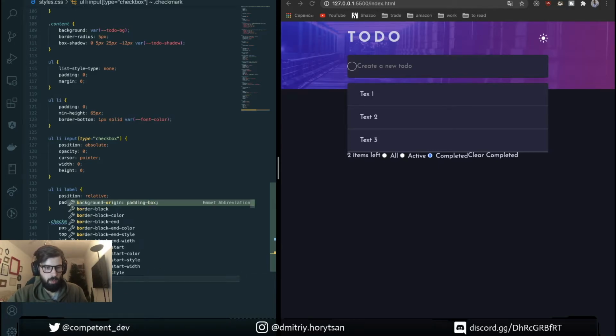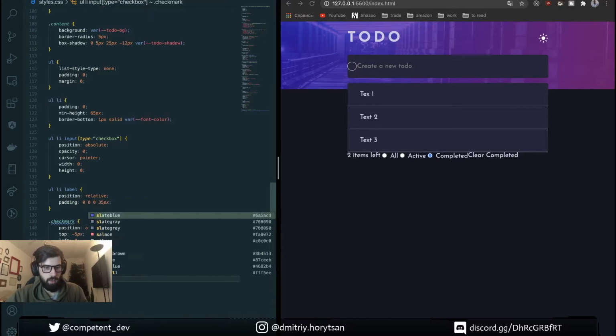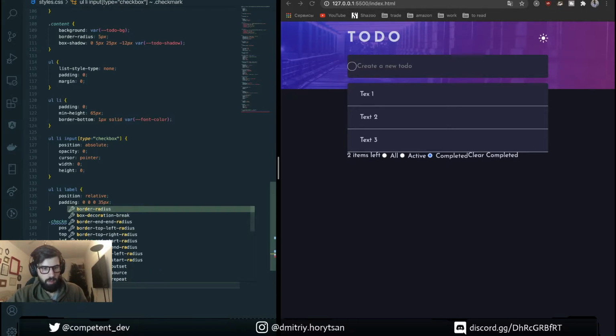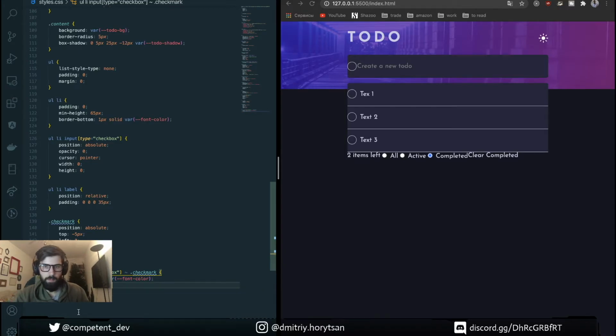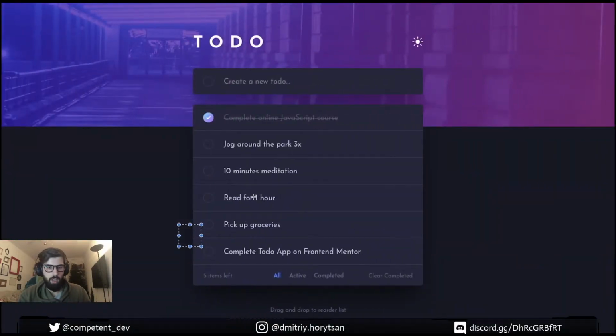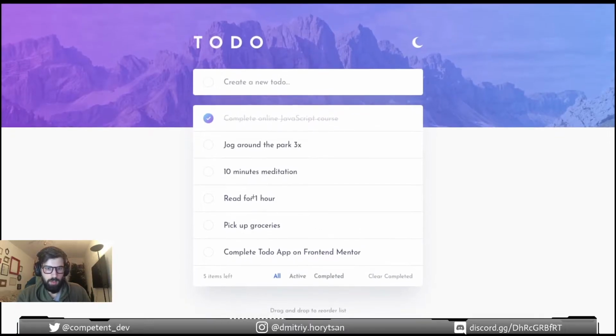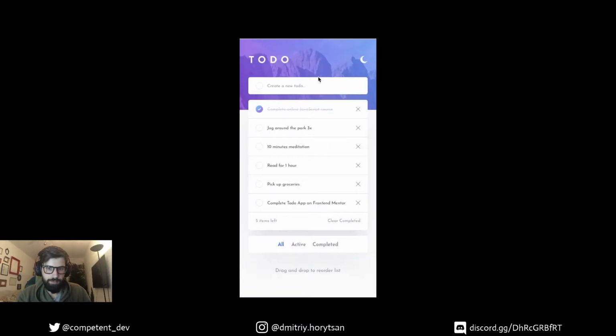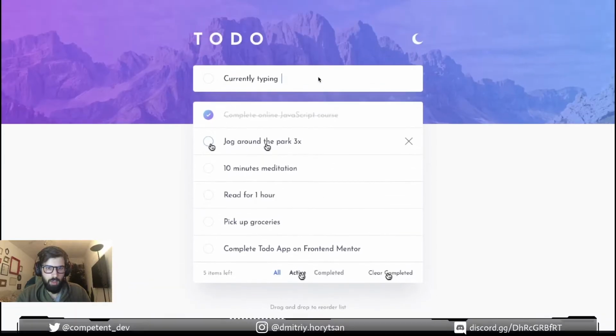I'm going to use border pixels solid, and here our font color and border radius 50%.